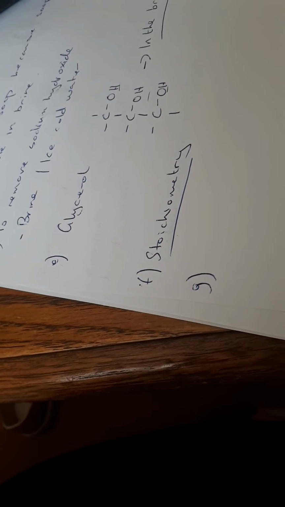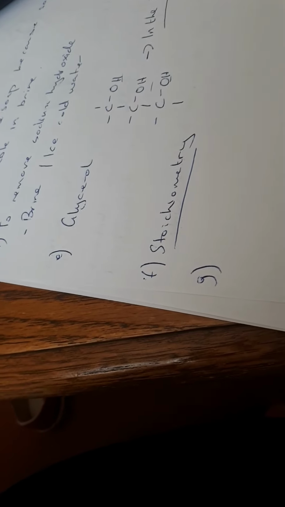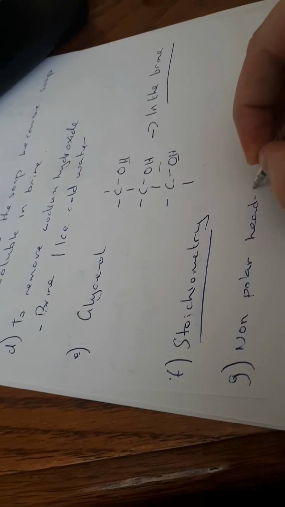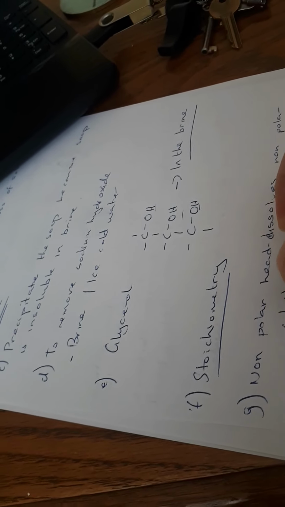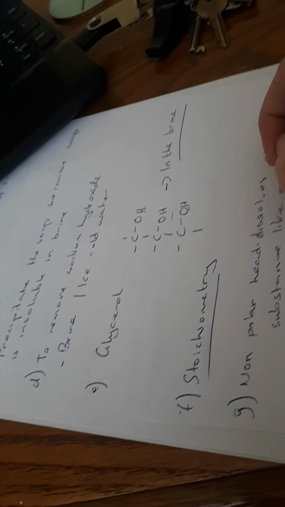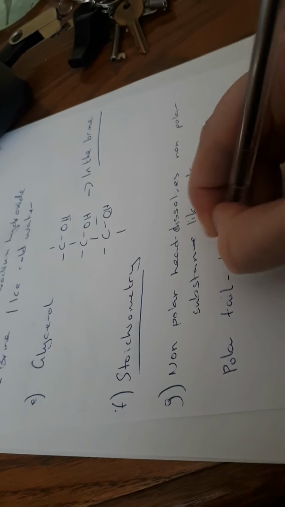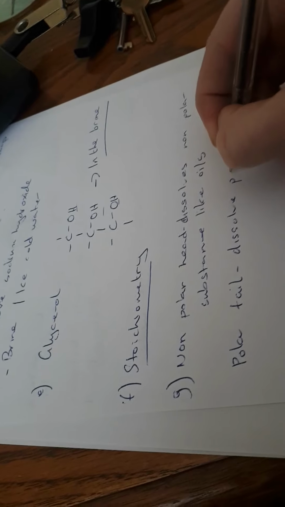So then suggest, part G, with reference to its structure, why or how we can use soap as it can dissolve both the non-polar oils. So soap has a non-polar head, and this non-polar head dissolves non-polar substances like the oils, and then it has a polar tail, and that then can dissolve polar substances